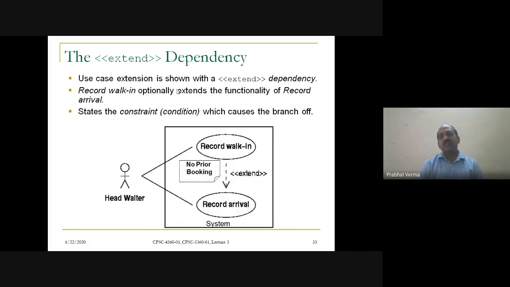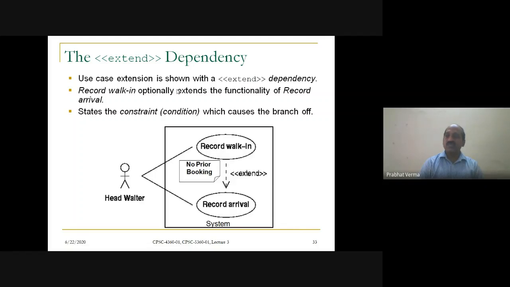Suppose there is a customer who has not priorly booked the table. So he is a walk-in customer. For him, the responsibility lies with the head waiter to record his details, but he has not priorly booked the table. So the task is something extra than the normal recording of the arrival. So head waiter has to record his details and also record his walk-in, that is arrival also.